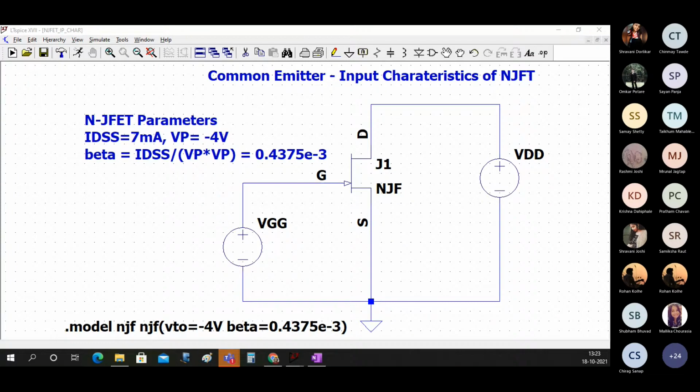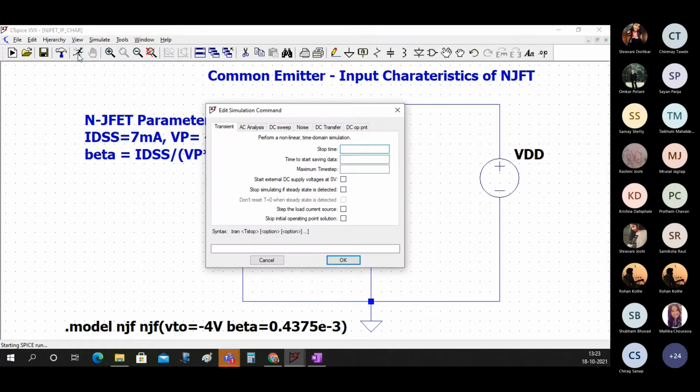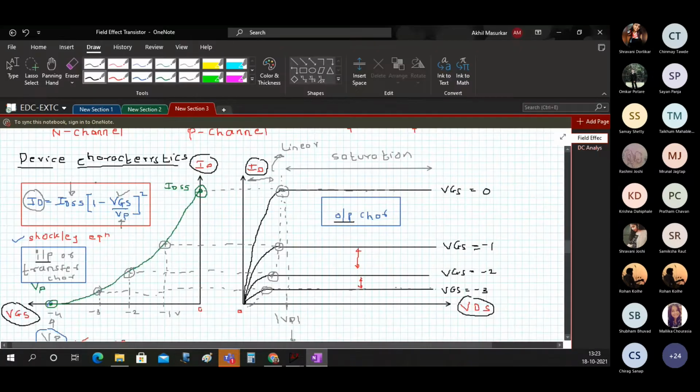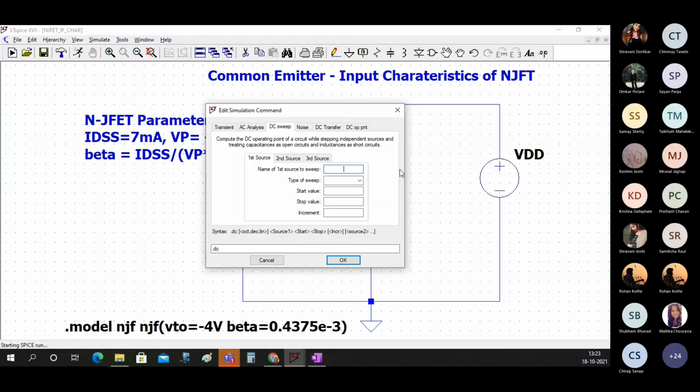Okay. Now once we are at this circuit, let's say run. As usual, SPICE will ask us what you want to run. So we will go to the third option, that is DC sweep. When we are doing input characteristics, my output voltages are constant.